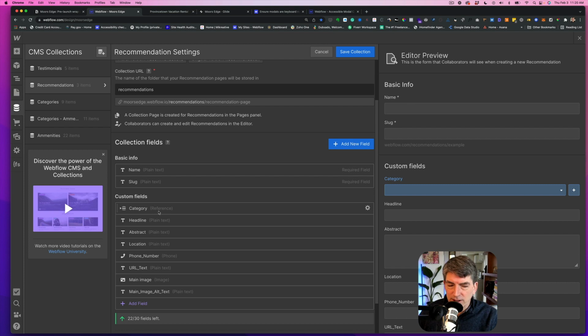So I took a bunch of fields off of here. I had a multi-selection category, a long description, which I took off, text for the phone number, text for the URL. Well, I had a URL field, and I've changed that to a text field. And then I took off